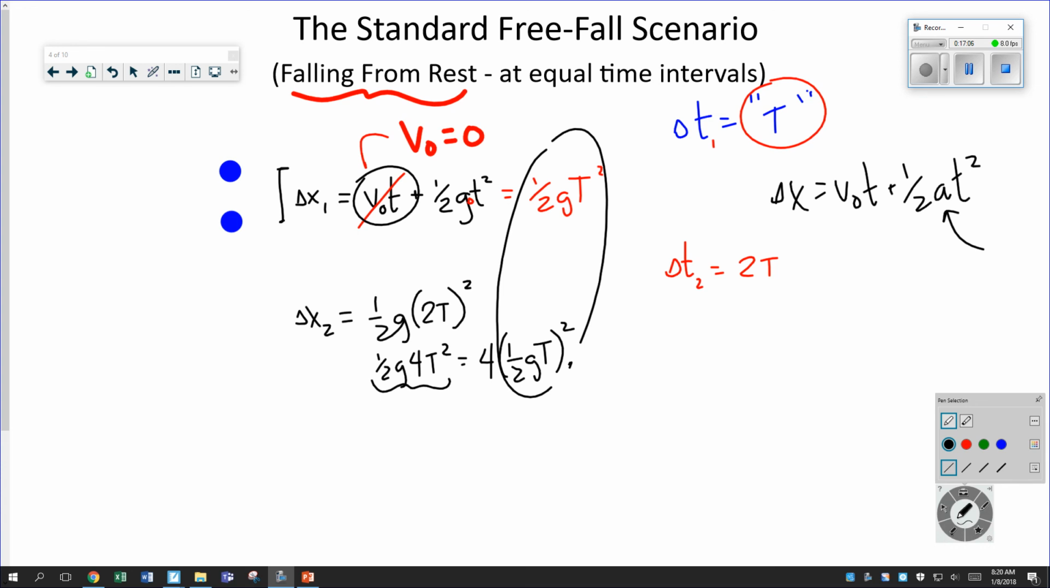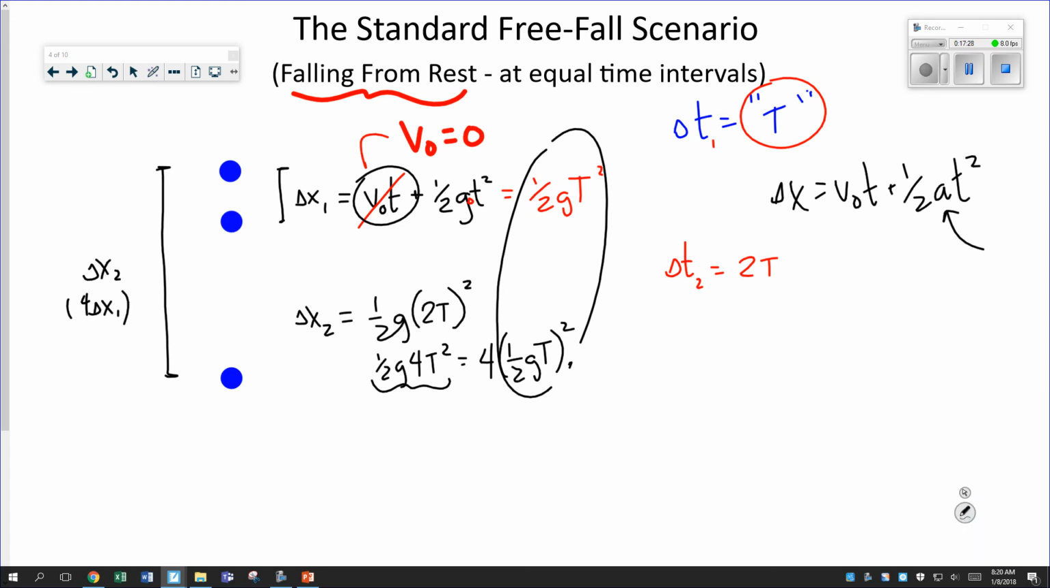All right, so where is this object now? Well, if that's delta x1, then delta x2 is 4 times as far. Here's my delta x2. 1, 2, 3, 4 times as far. 4 delta x1. All right, let's change our